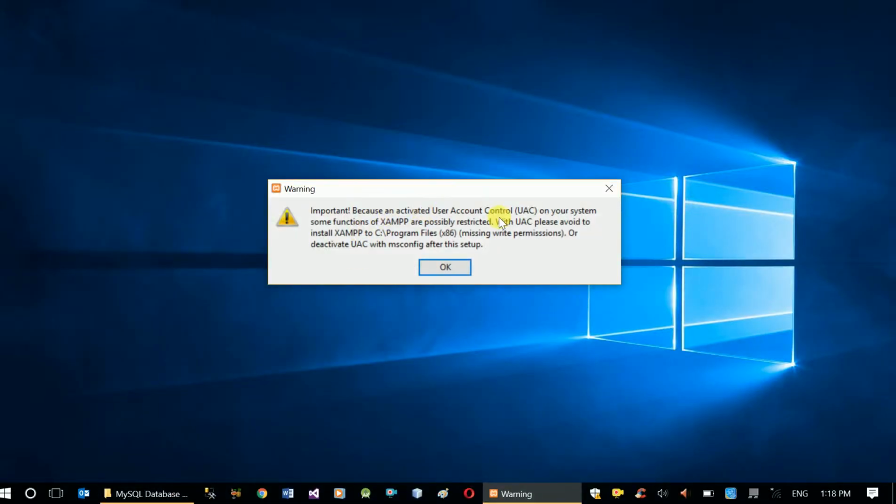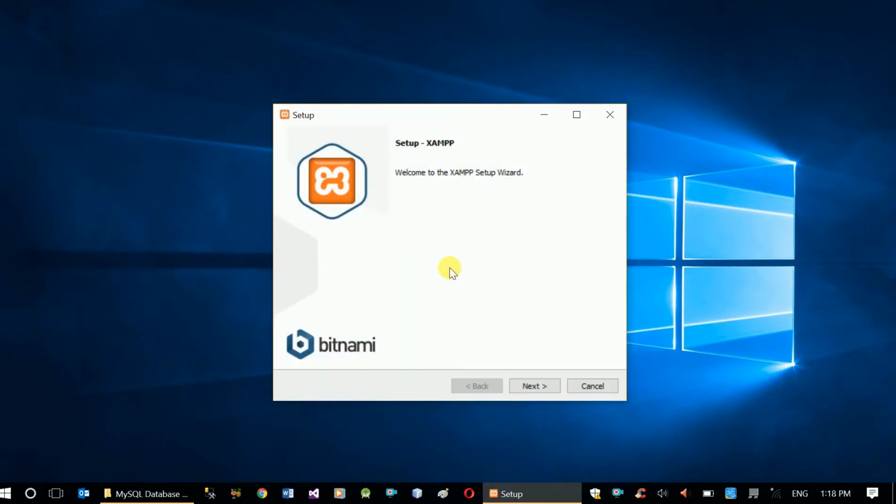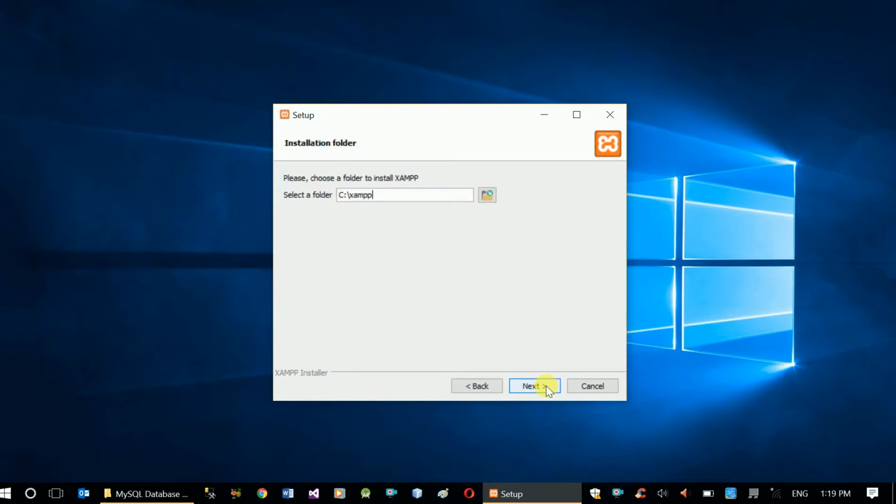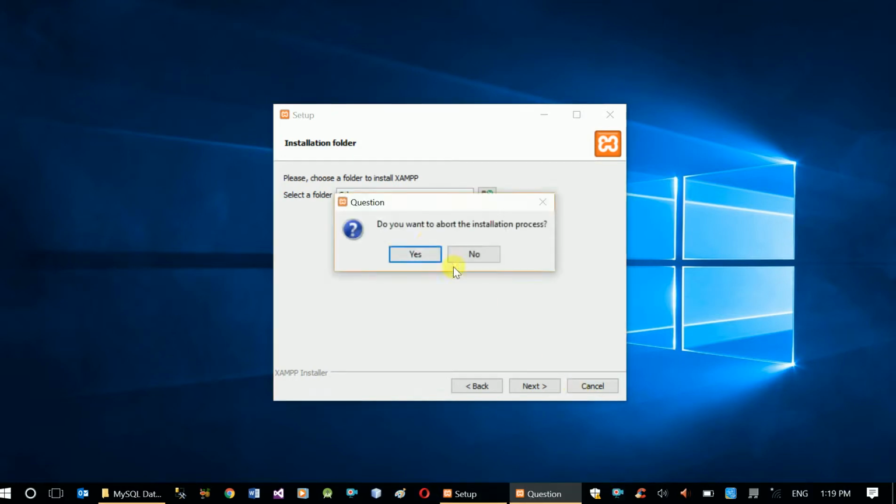Okay, this message will come. Just click OK. Now we are about to install XAMPP on our computer. It's just a setup installation wizard, so just install it by clicking next, and finish. I already have XAMPP installed, so I'm not going to overwrite my installation. But in your case, you have to click through and finally finish the installation. When the installation is done,